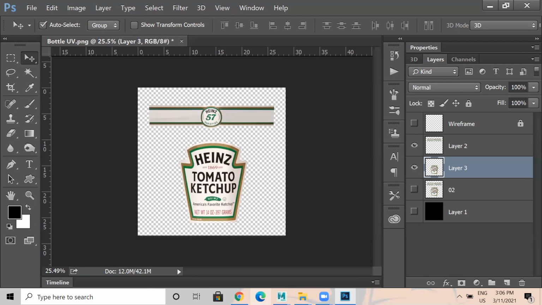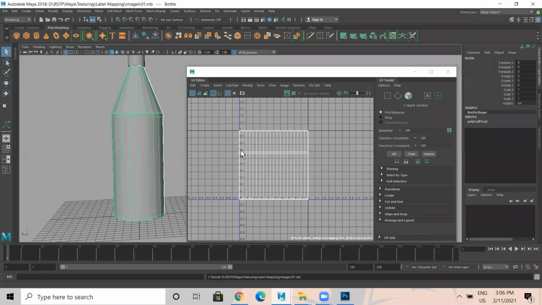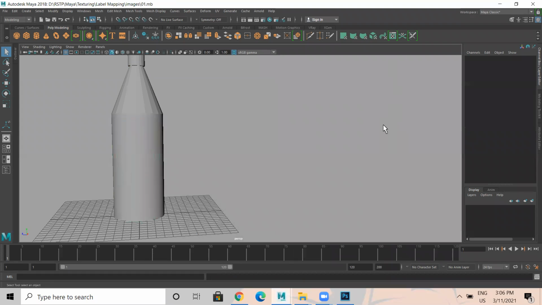Now let it save. We'll go to Maya here. Now I'll open Hypershade.